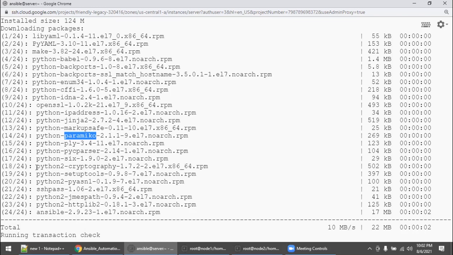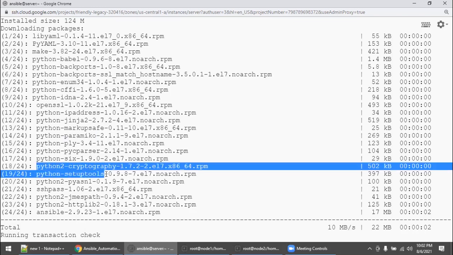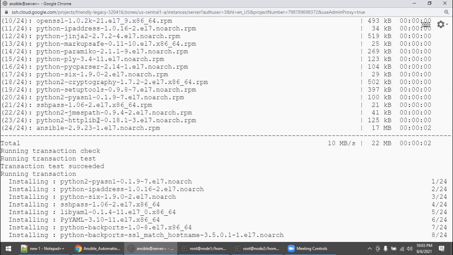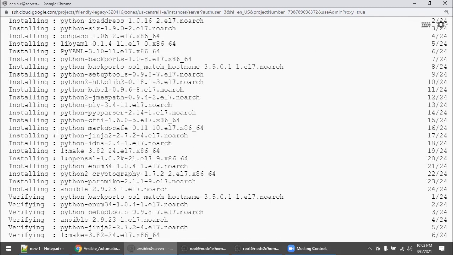There could be some certificate error. Sometimes after installation, ansible --version will not give you a successful output. In that case, you need to run yum update on this package, and automatically the issue will be resolved. Sometimes you are using an old image, which creates such issues. And httplib2, this package will help you to monitor URLs. Of course, the Ansible package, come down.